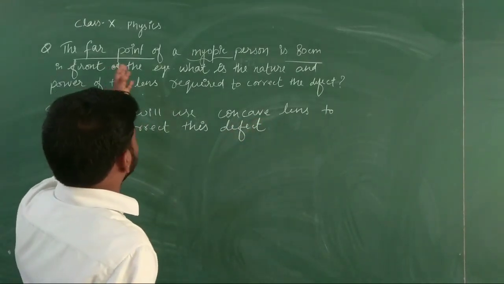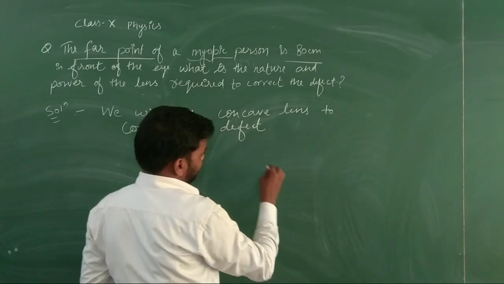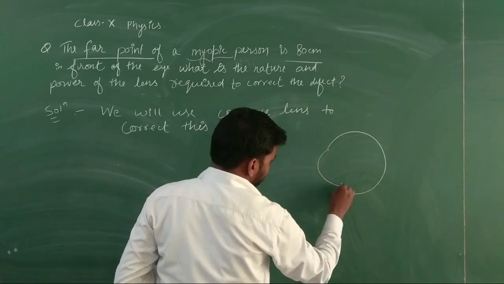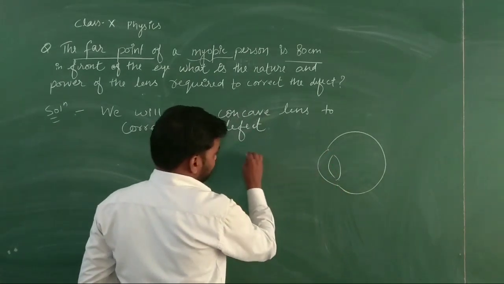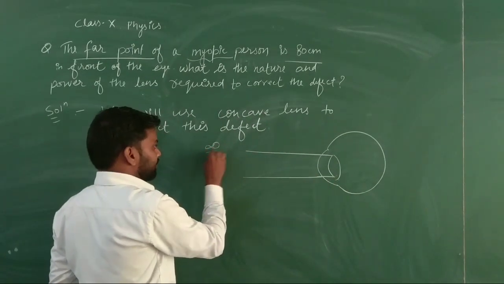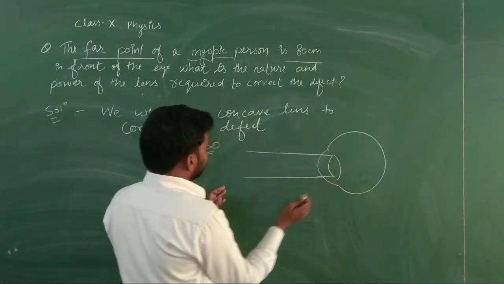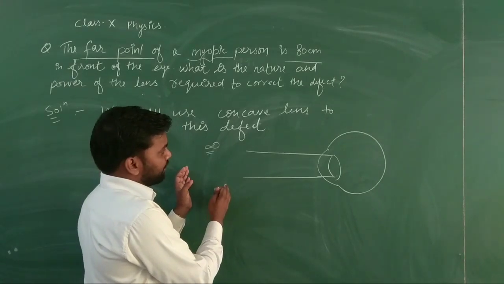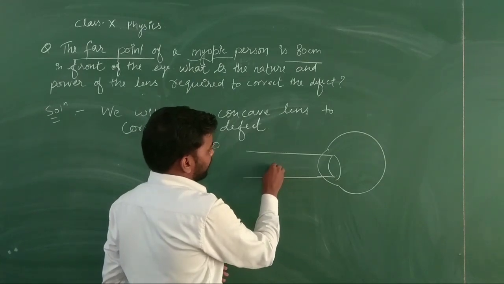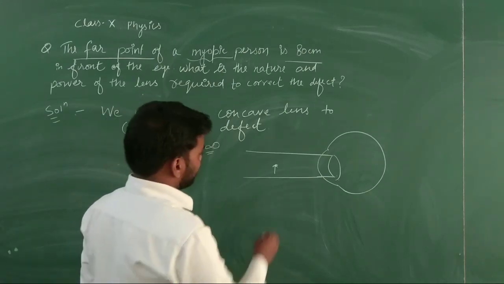But for a myopic person, we always need to remember that the far point, which we have discussed in the previous session, always comes nearer to the eye. Like he is trying to see here, but he is not able to see that particular object. Then the eye has a defect, and it will shift the far point from this position up to a certain position. Suppose it is that point up to which our eye can see the object clearly. So it will be known as the far point now.